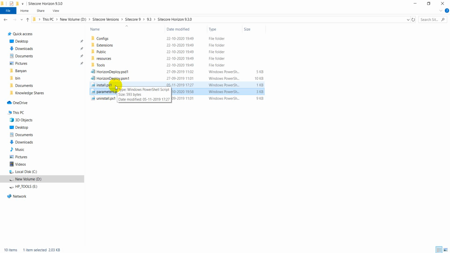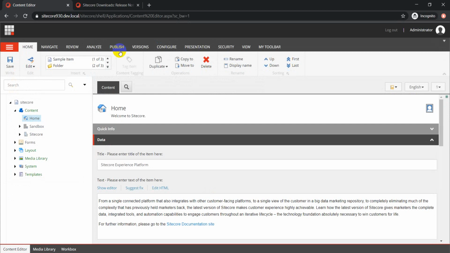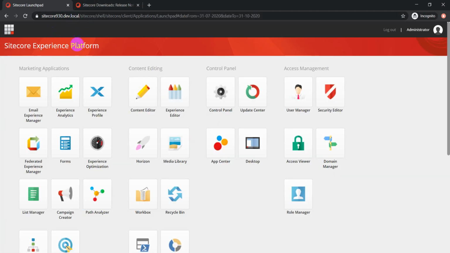And on the launchpad you can see the Horizon icon there. So if I go back to my Sitecore, because this is the instance which I'm using for this demo, and this is a 9.3 instance, as you can see, and I have already installed Horizon on top of it. So you can see this Horizon toolbar. Again, just to reiterate, it's an editing platform, nothing beyond that. You can edit the content, add images, add content, add components to the page, plus there are several other things you can do, but there are also some constraints as compared to Experience Editor. We'll talk about those constraints, but before that we will talk about the feature set